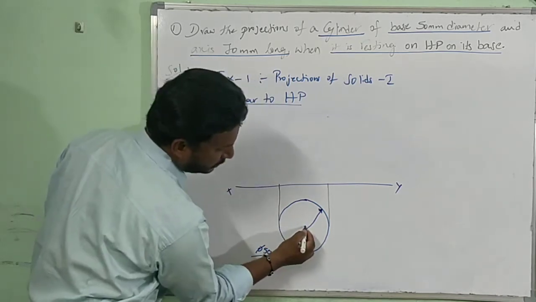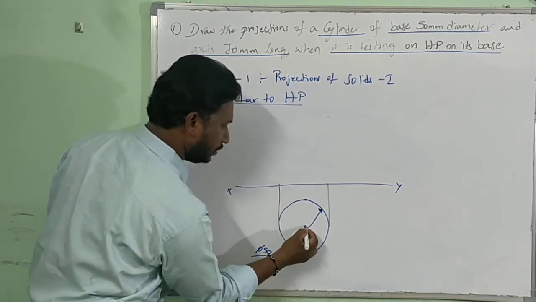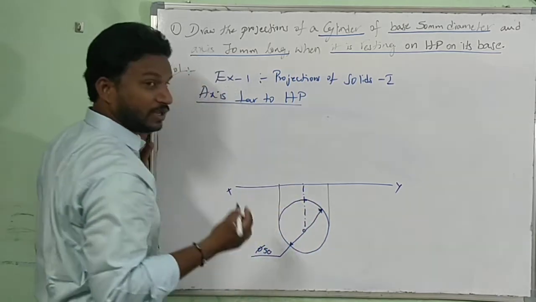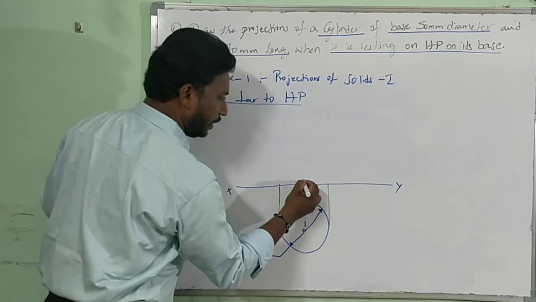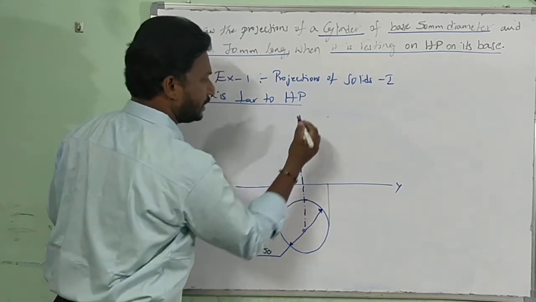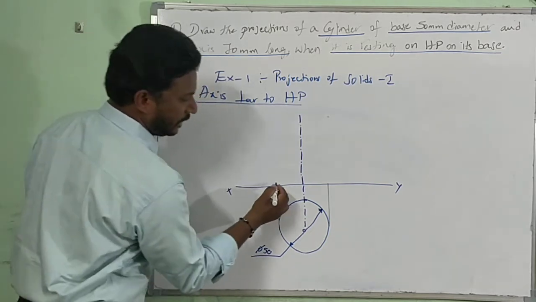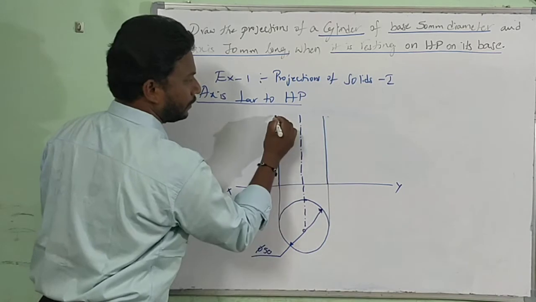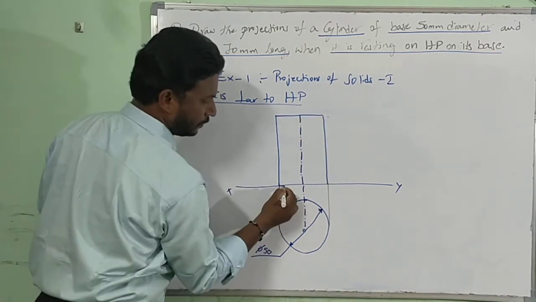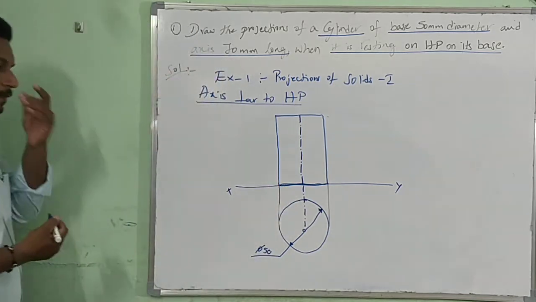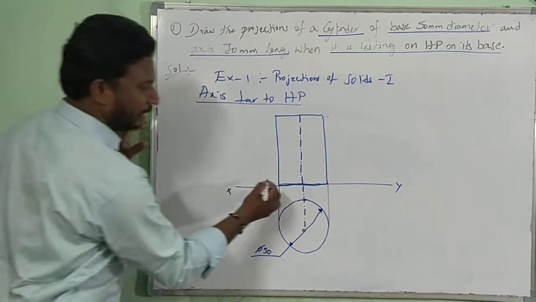We plot the center here, O. From here, the axis line should be drawn like this: dash dot, which is very important, you have to remember. Maintain dash dot as the axis line representation, at a height of 70 mm. The baseline should be redrawn again. Finally, the boundary.